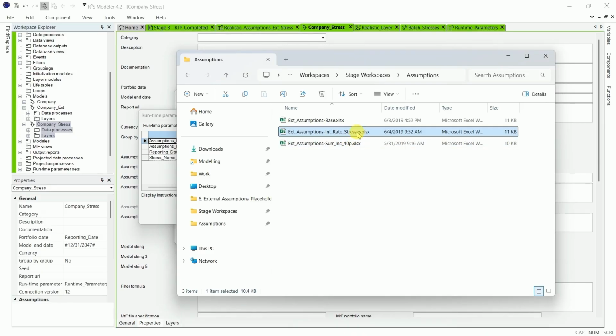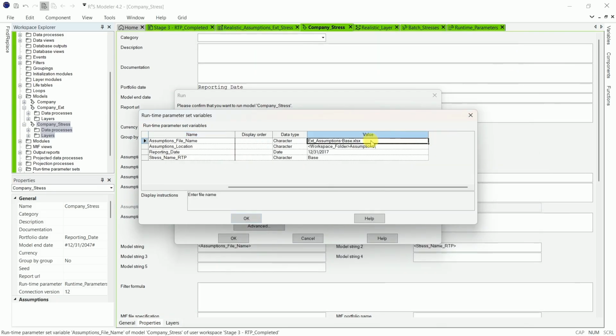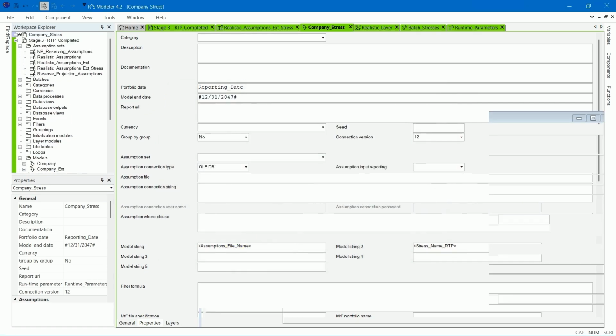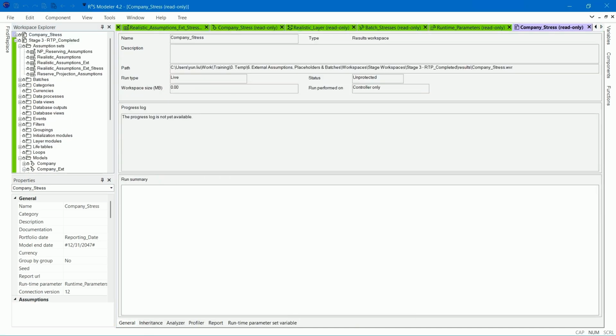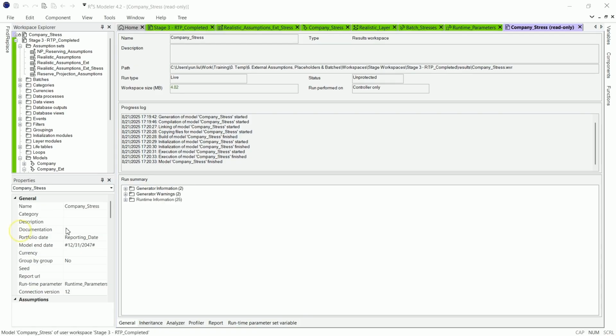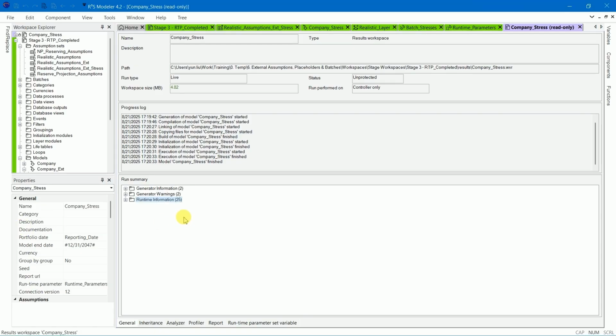We can copy the name of the file from the assumption folder. Press OK twice. The model will run with no errors.